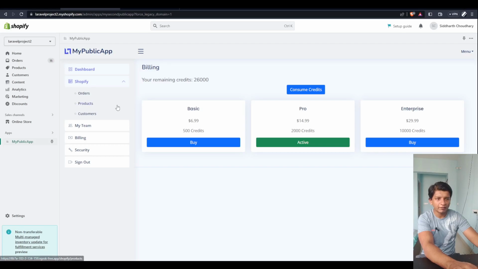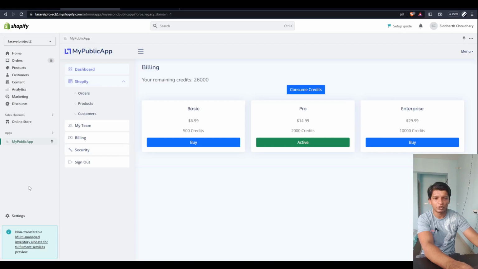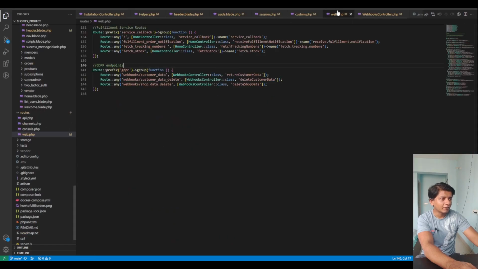One little change you might see is I matched the gray color here, which is something that I use in asite.blade. In asite.blade, I'm running this simple PHP query here, and if it is embedded, then put this background color in, which should match Shopify's gray color. And after that, yeah,